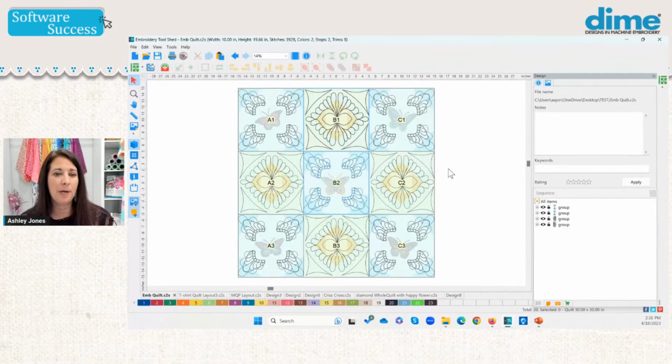So that's how you can use an image to avoid not just embroidery. This is just an example, but also you can use it if there's a particular pattern in your fabric that you really want to make sure to either avoid or quilt around. And I have another example of that coming up.